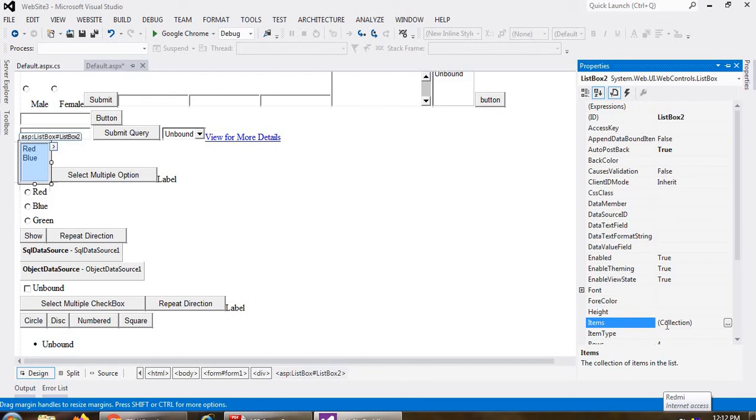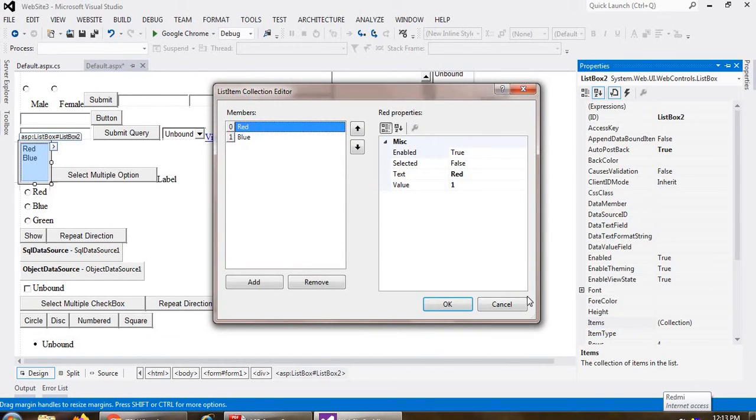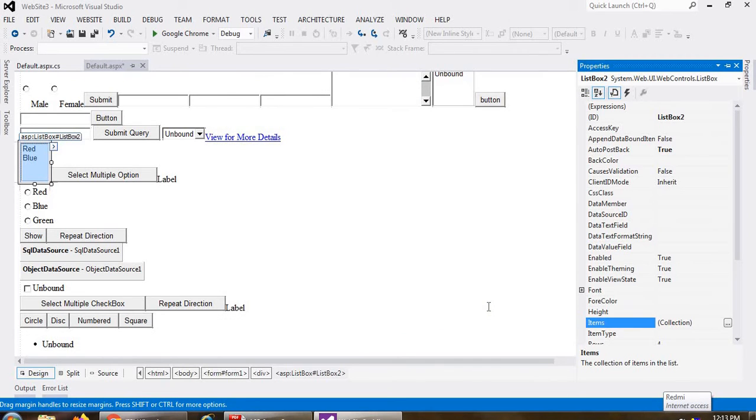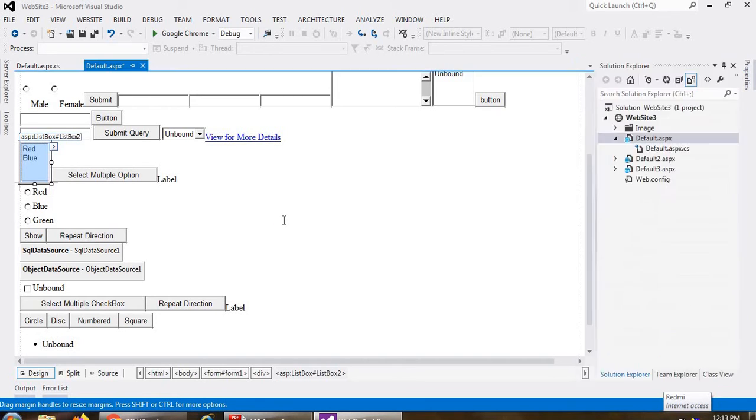Because right now what happens, we have added these items statically, means whatever items I have added over here, they are directly added in your list box. But I don't want that. If I want to input values at runtime, how can you do it? So here, you know that one event of the web form is the Page Load event. So if I press F7, then my code window opens.